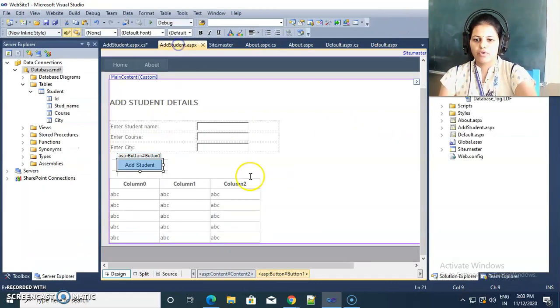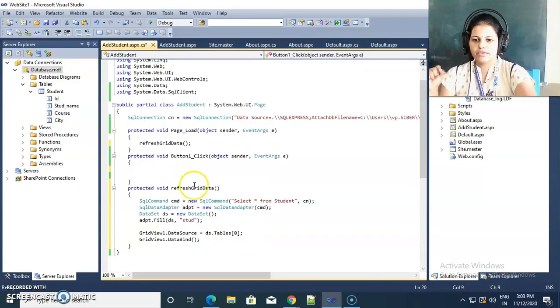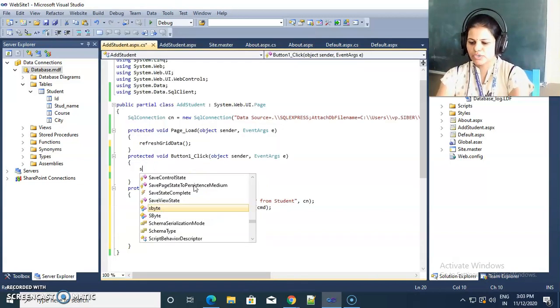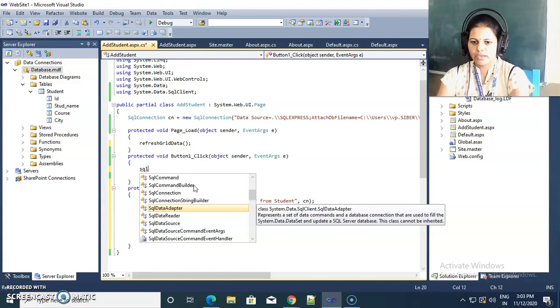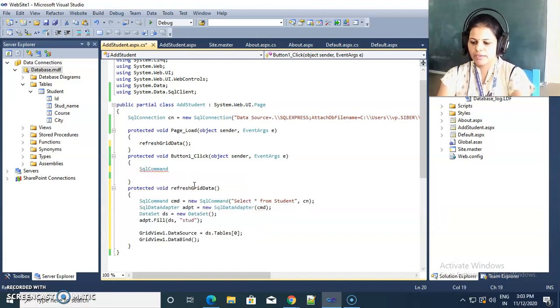Also I want that when the user enters data inside these text boxes and clicks on add student, that data will be added inside the database and the immediate effect will be reflected on this grid view. Such functionality I want. So we write here one SQL command for an insert query, SQL command cmd, and I am